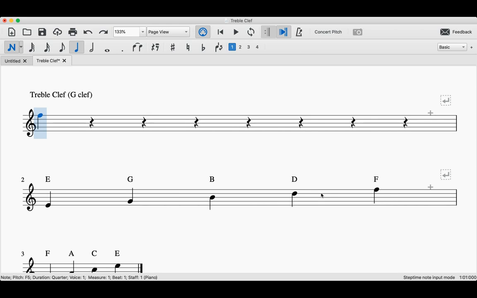Okay, so today we're going to talk about how to identify notes above and below the treble clef musical staff. In our last video, we said that our lines are every good boy does fine, E, G, B, D, F from the bottom up, and our spaces are F, A, C, E, face in the space. Now, if this top note is F,